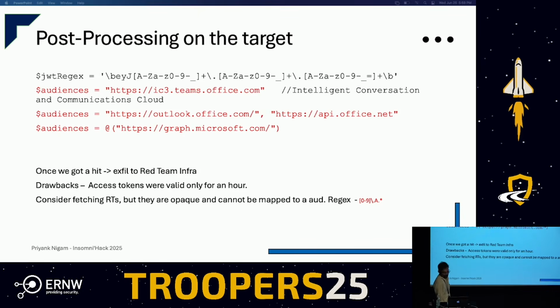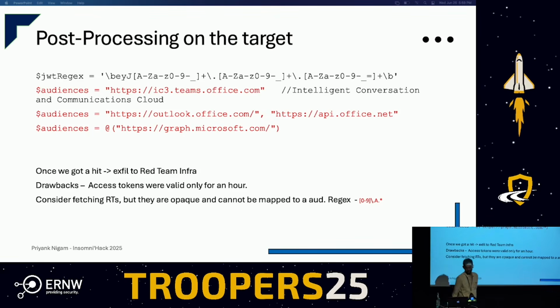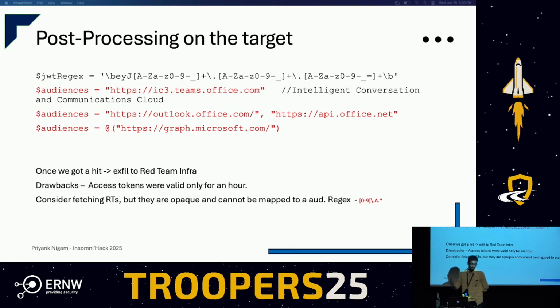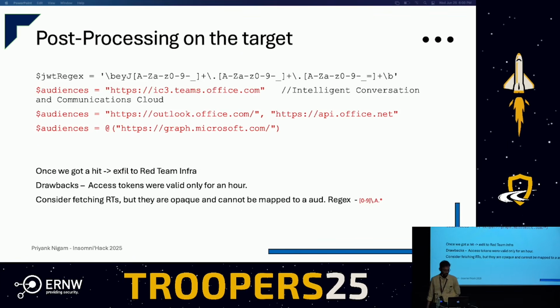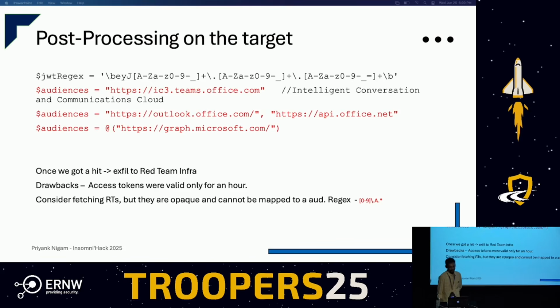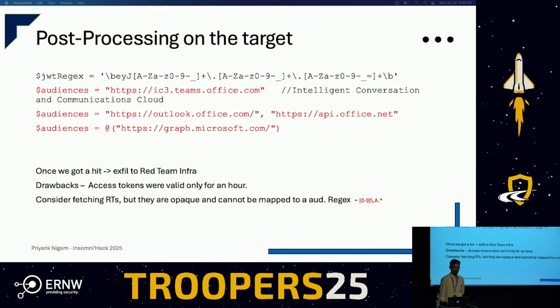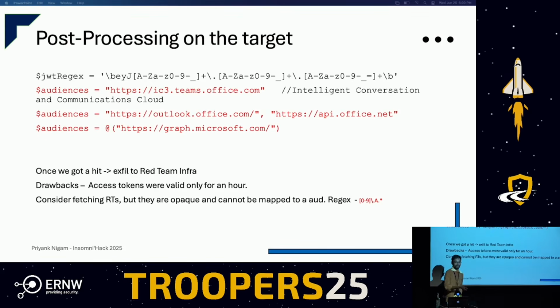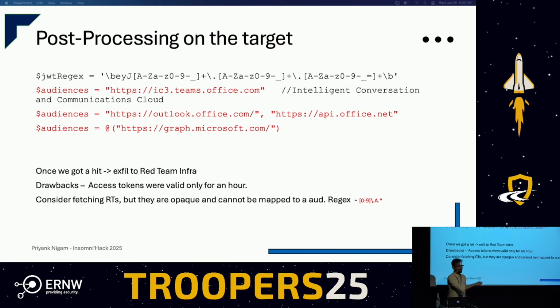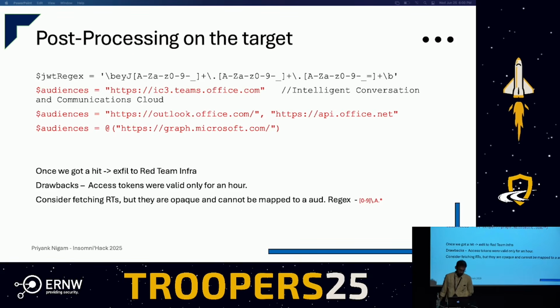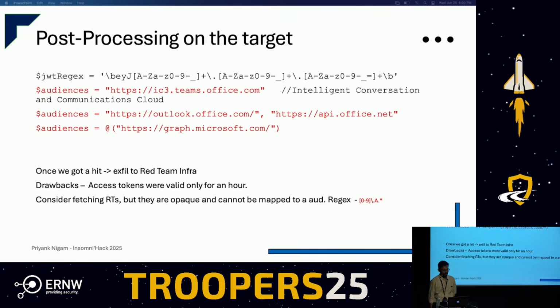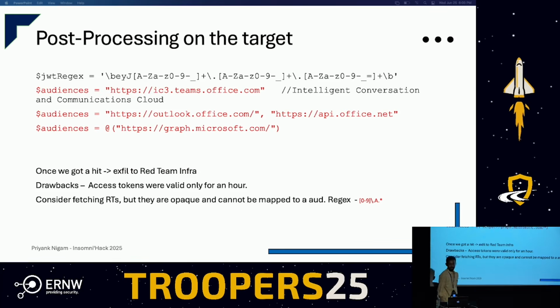So once we have a hit for all these tokens, we're just going to exfiltrate that to our red team infrastructure. The only drawback is that the tokens are only valid for 1 hour, so you need to have automation set up to do whatever you intend to do. If you wanted to fetch mails, make sure you get the correct token for that particular audience. Make sure you hit the Graph API and dump whatever you want, or search for a subject name or something like that. Or we could go for refresh tokens, but they cannot be really mapped